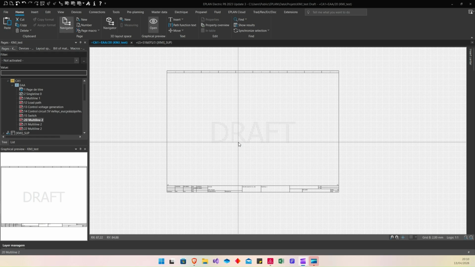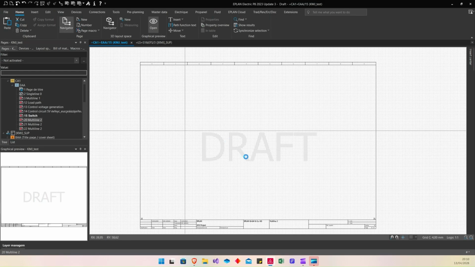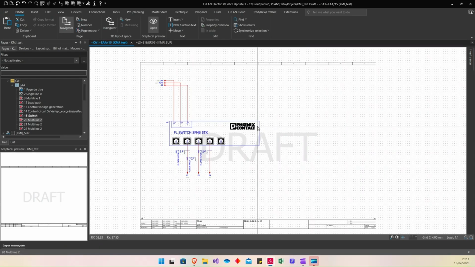First of all, I'm gonna show you how copy and paste work in ePlan when this functionality doesn't activate. So now you can see my project in ePlan when this functionality is disabled. When you copy an object, you can copy just one object.